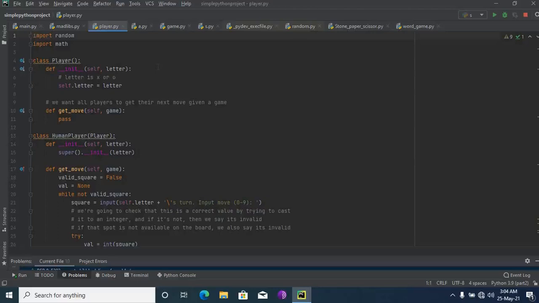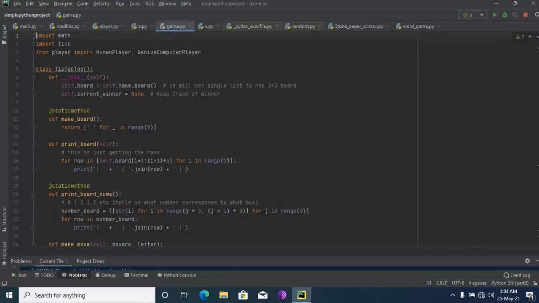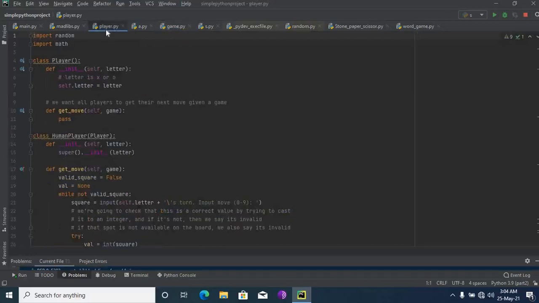split our project into two separate classes. One is player.py and the other is game.py. In game.py we are going to build the game model, and in player.py we are telling this is an X player and an O player, that is two opposite players.